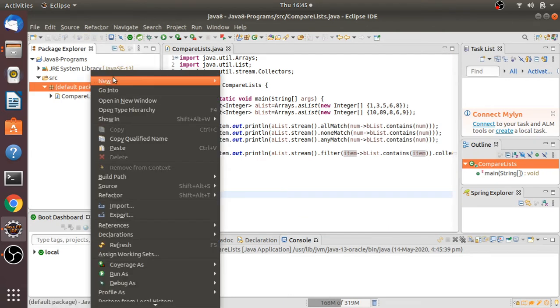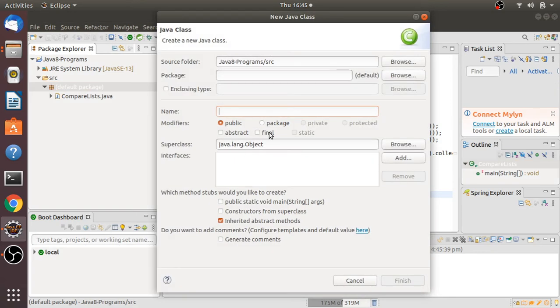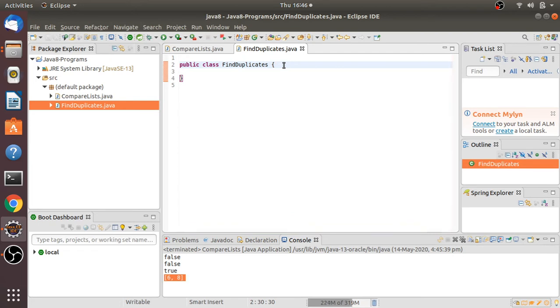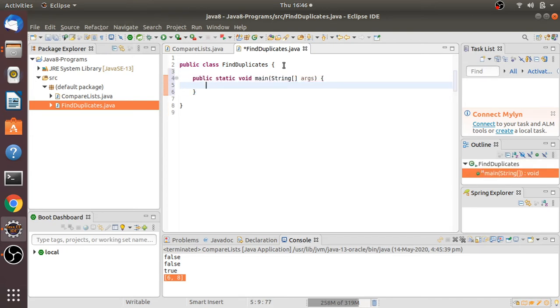And the second example is I'm going to find the duplicates by using the streams. When you have one array, I'm going to take one integer array here, and let me take some elements inside this array.